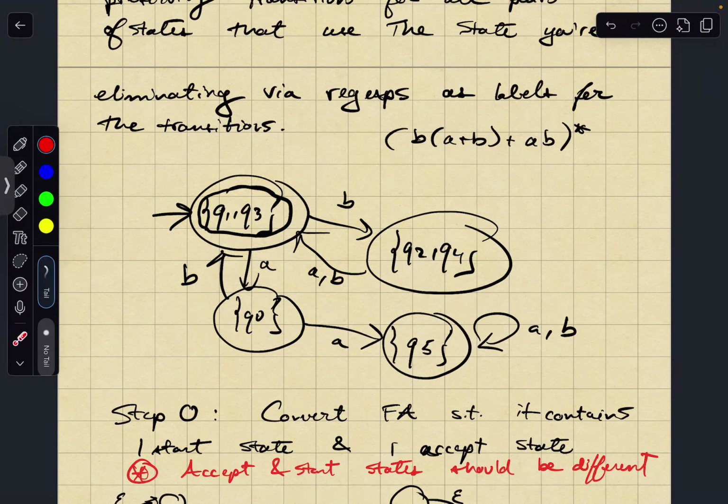Okay. So this is how you use the state reduction algorithm to convert any FA to a regular expression. I have some other videos that I will post, because this is a fairly simple-ish example. I have some examples of a bit more involved conversions. The ones in the problem set are also a bit more involved, so you'll be able to practice them a bit more as well.